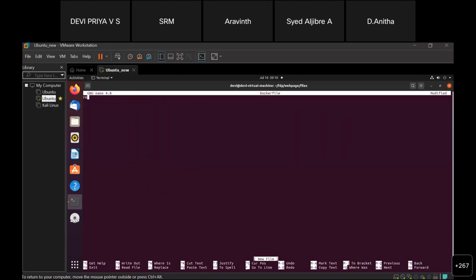So inside that, I am using FROM, with Debian as my base image. And then I am giving another instruction, a LABEL, just to label who is the maintainer and all these details.